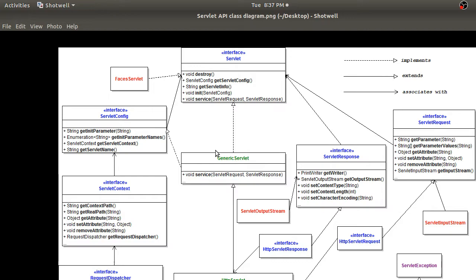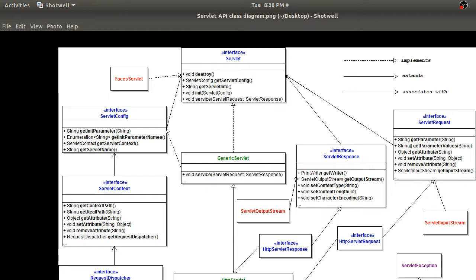Or there is one more option called HTTP servlet. What is HTTP servlet? It is also a class which implements servlet, but not directly, indirectly. It works with servlet request and servlet response, and they have HTTP servlet response interfaces. So indirectly it implements the service method.